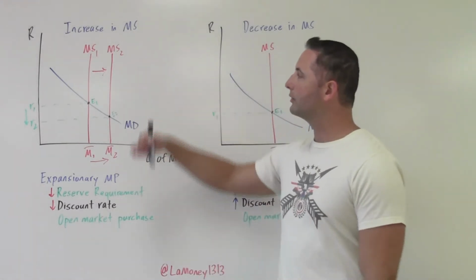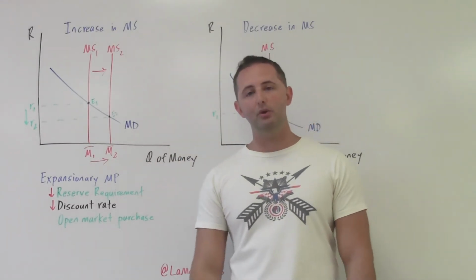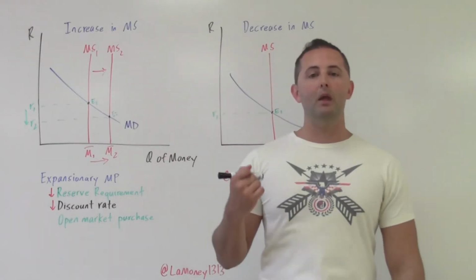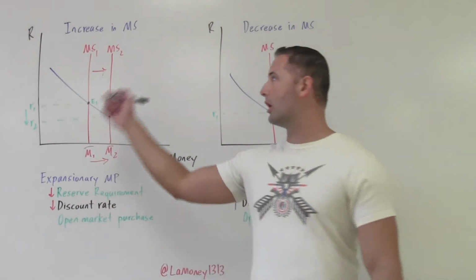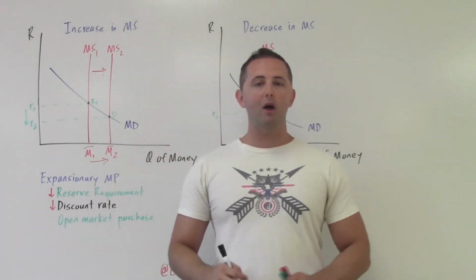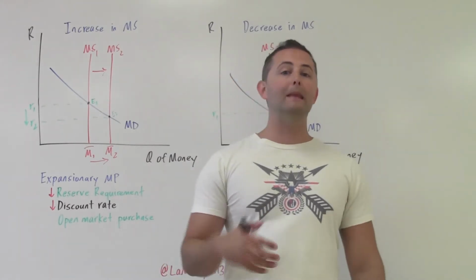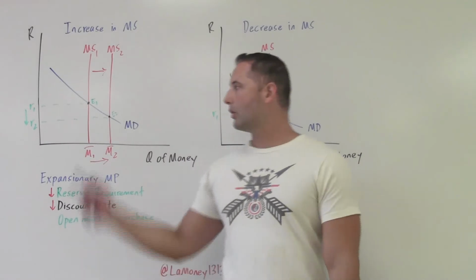This is a really important thing though, and this is probably going to be the start of a lot of questions that you encounter in this course. Will be the Fed or a central bank engaging in an expansionary monetary policy. So what could they do to cause this to happen? Well, with the reserve requirement, they could decrease the reserve requirement. That would allow banks then to lend out more money, which would increase the money supply, causing the interest rate